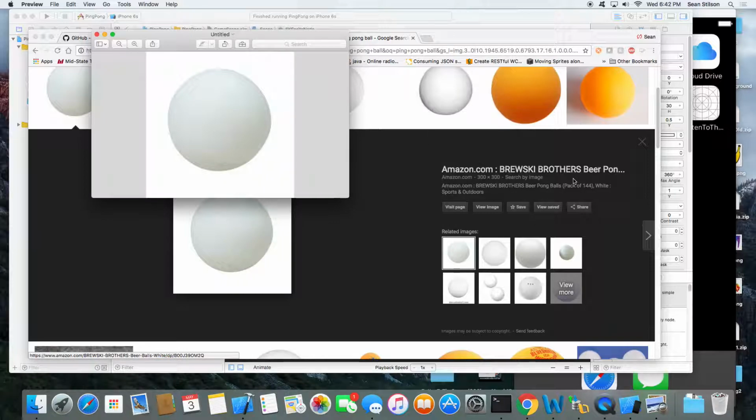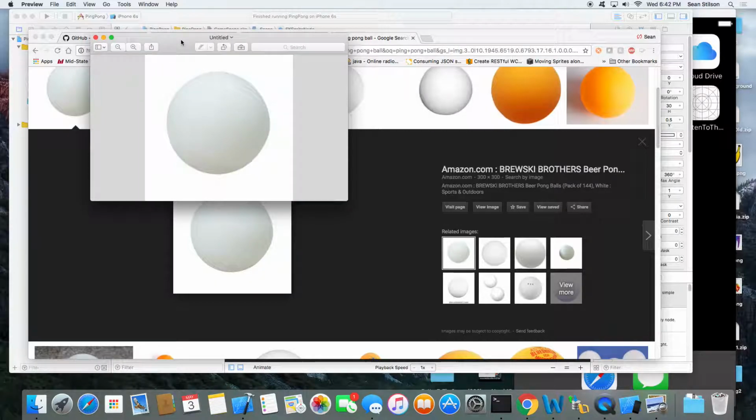I noticed that this is off of Amazon.com. They're advertising Brewski Brothers Beer Pong. So I thought that'd actually be a good game to create a virtual, like a mobile app Pong game, so you don't need a table and the actual ping pong ball and stuff. You can still have the beer, but you just do a virtual game where you're playing against someone else. So I thought, oh, that's a great idea. So then I went out and I searched in the App Store for it, and there's like 3 or 4 already out there.